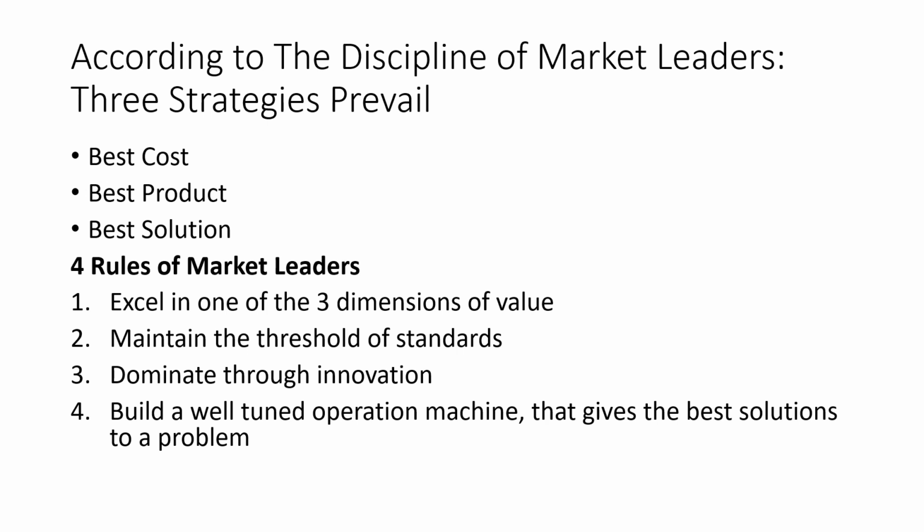Because here you see best cost, right? It's a convenience utility. Best product is another type of utility that's oriented towards the actual item. Best solution also ties into utility. All these theories and ideas tend to tie together in a certain way, in a package, as far as what a consumer might be looking for. But the underlying value, right, is really